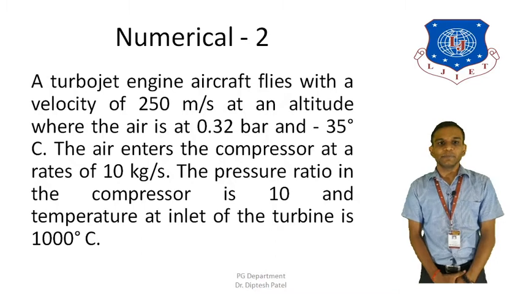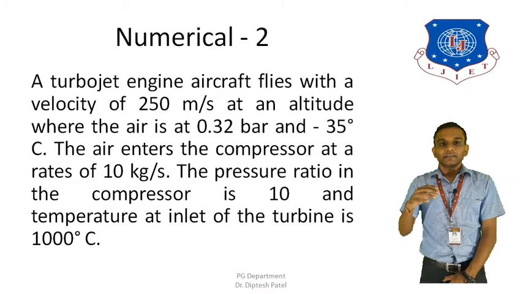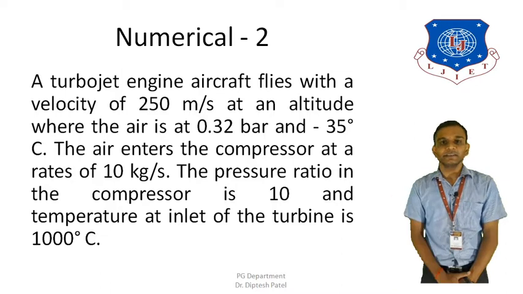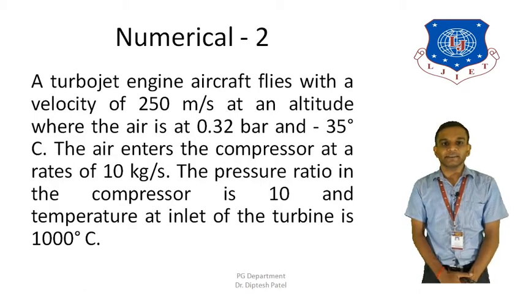So basically the velocity of air is given to us, and that is 250 meters per second. The pressure at inlet is 0.32 bar and the temperature is minus 35 degrees Celsius. Mass flow rate is also given, and that is 10 kilograms per second, and the pressure ratio from the compressor to diffuser is given to us, and that is 10. Also the temperature of the gases when they enter the turbine is given, and that is 1000 degrees